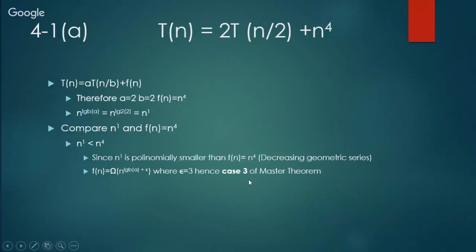Therefore, we now check the regularity equation, and we see that a f(n/b) is less than or equal to c f(n). I'll be able to come up with this equation: c (n/2)^4 log(n/2). How we come up with this